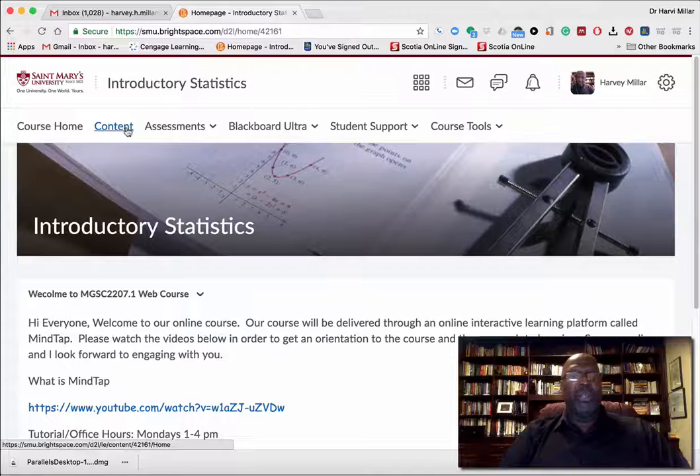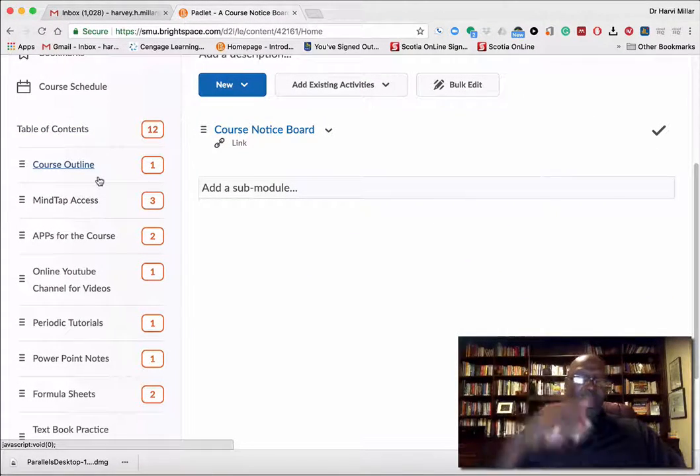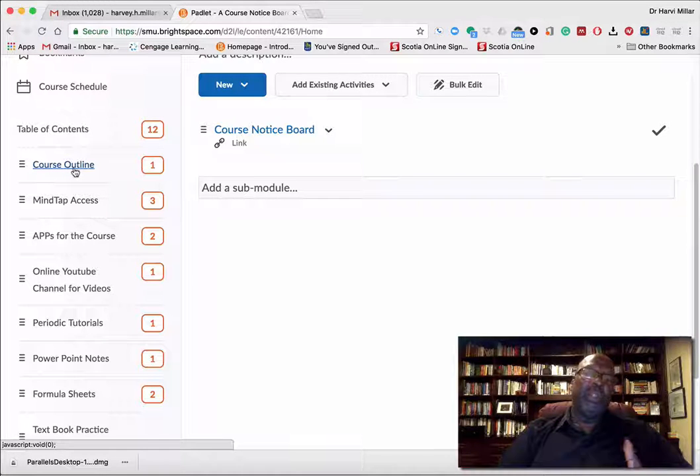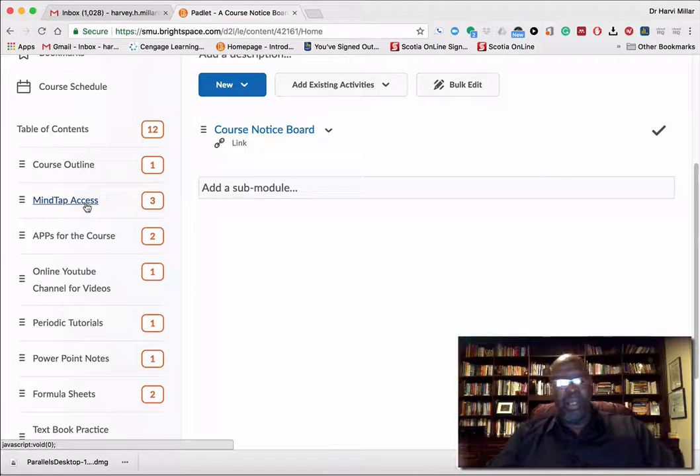Now let's go to the content. We have 12 items on the table of contents, starting off with a course outline, which you should read and make sure that you're familiar with it. Then, how to access your MindTap course. In other words, if you want to access MindTap, you don't need to go and open a separate browser link. You just click on here and you will see